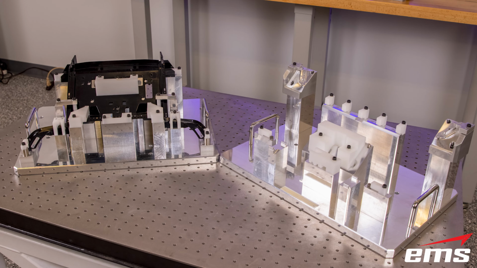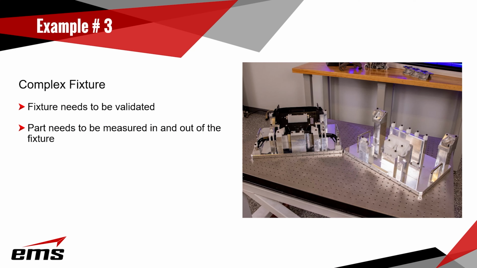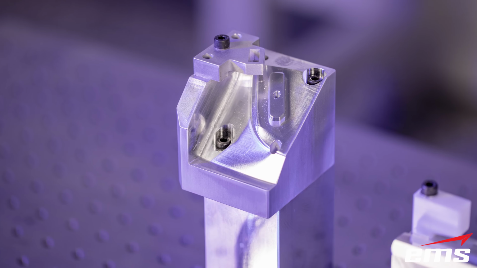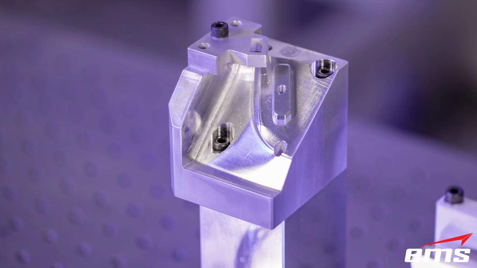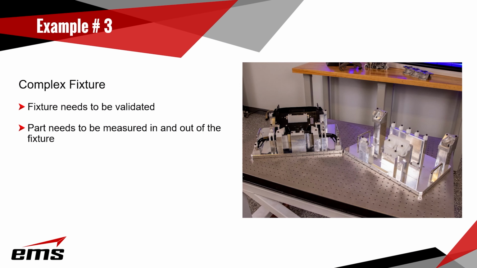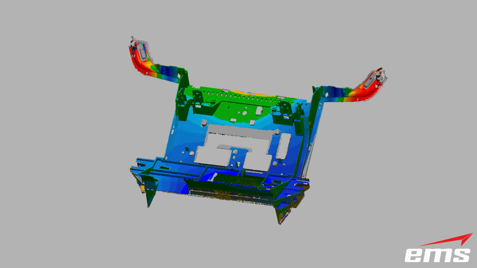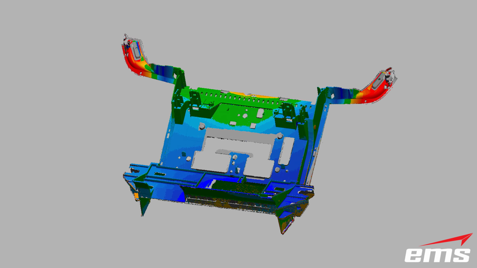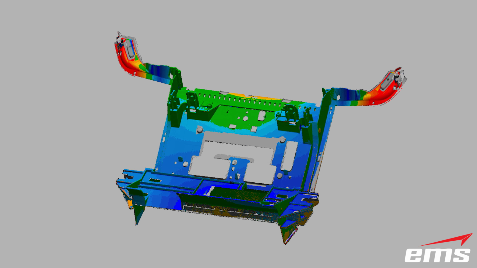for the other side. So the first step in this operation is we need to inspect the fixture and qualify the fixture itself. And it does have a few areas that do have some complexity involved with some CNC machining to get the part to nest correctly. But this part is a very thin interior trim piece. And we also want to be able to inspect the part not in the fixture. So we want to scan the part not in the fixture